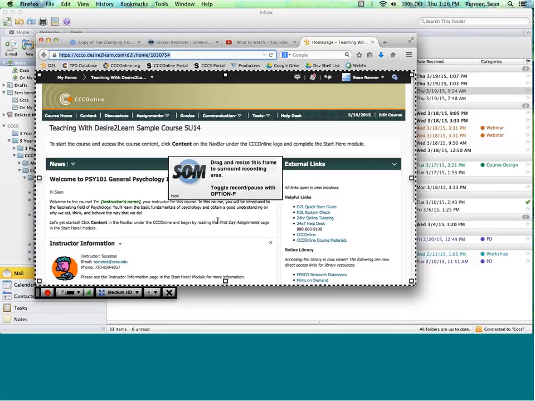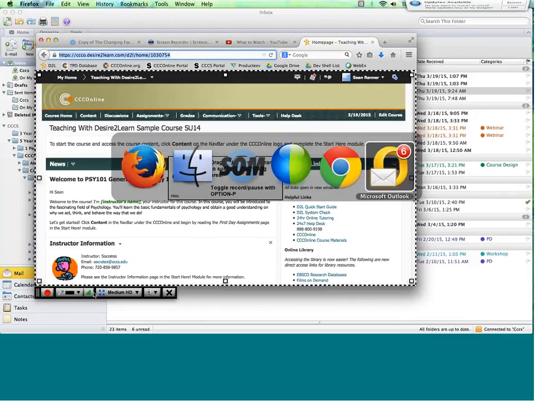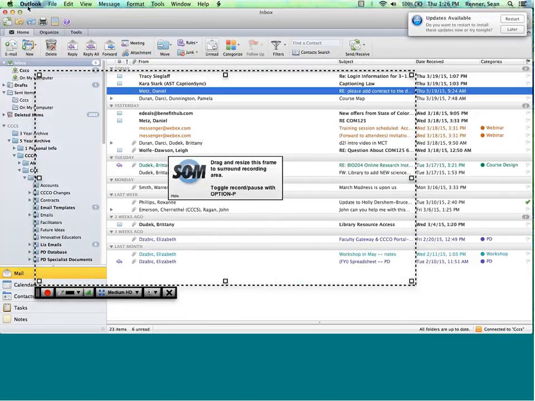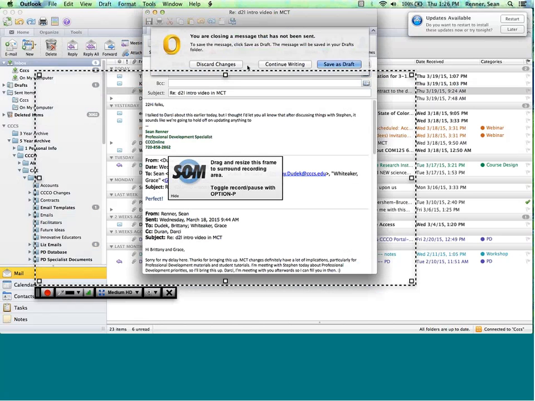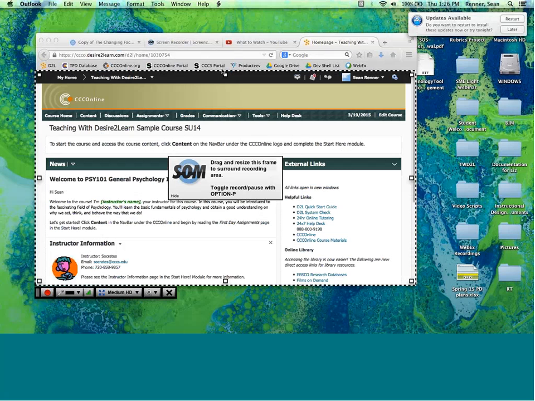So the next step in our process then is our audio. And I'm going to go ahead and just put my Outlook here. So the audio is actually a really important step in creating an effective and high quality screen capture.